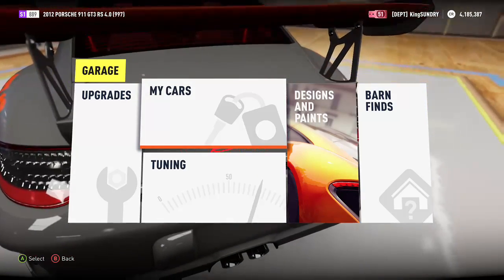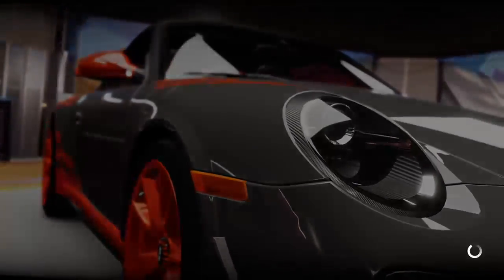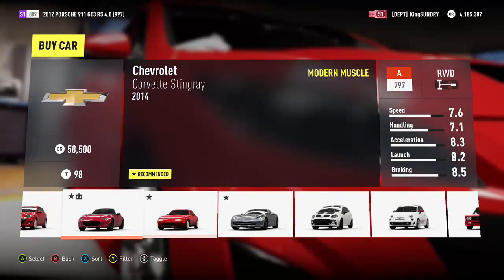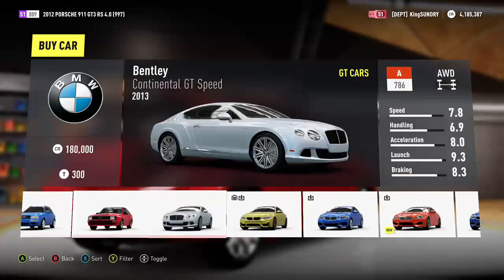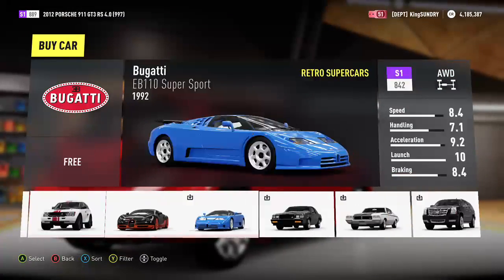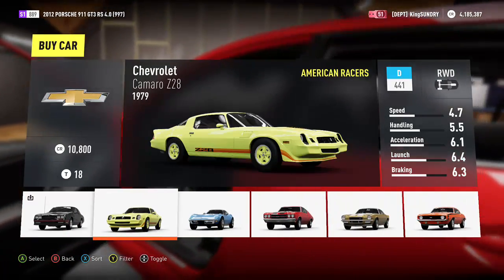Okay, in the game, we have... you know what? Let's go into the garage here and see what year we have. I think it's in 1978. But I'll show you the body style I want. It's down here. It's one of the coolest looking Camaro years, in my opinion. Yeah, we have a 1979...